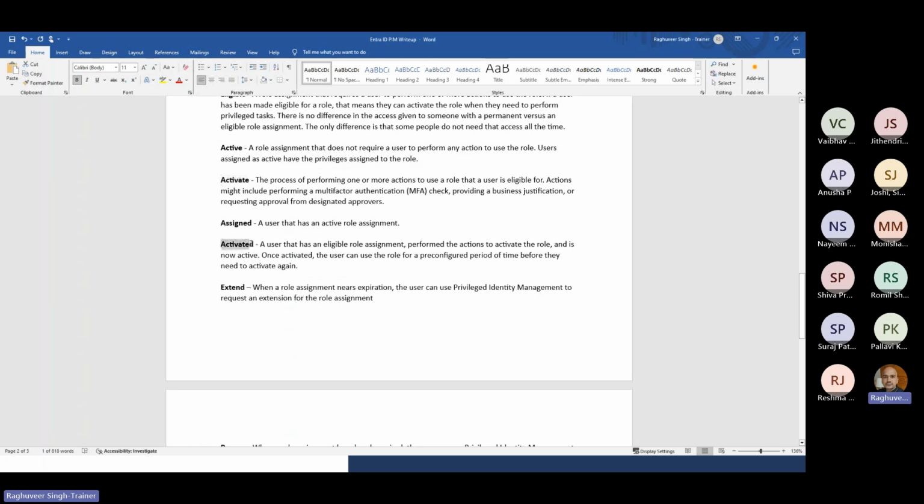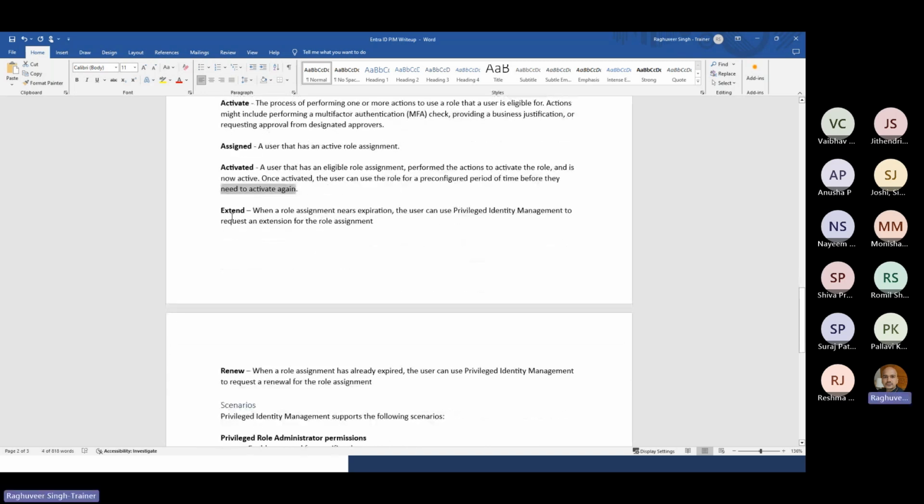Now the status of the role shows as activated, and along with activated, it would also show the expiration time frame, that is, when this will expire. A user that has an eligible role performed the action to activate the role and is now active. Once activated, the user can use the role for a pre-configured period of time before they need to activate again. Extend. Now the role is activated for Romil,